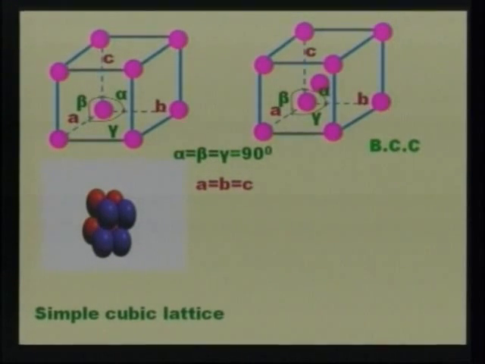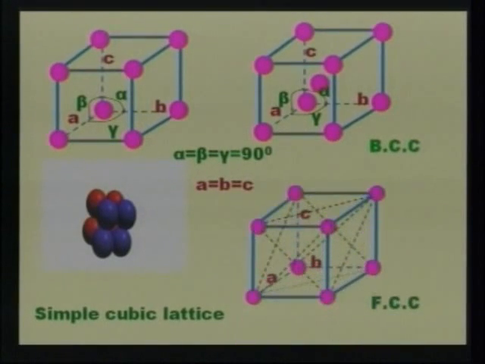Now you can see the face centered cubic lattice. In the face centered cubic lattice all the 6 faces have atoms. Now you can see it is similar to the simple cubic lattice. Now let us arrange the other 6 atoms on the faces of the cube. Now see, these are the 6 atoms arranged on the faces of the lattice. That's why it is called face centered cubic lattice.